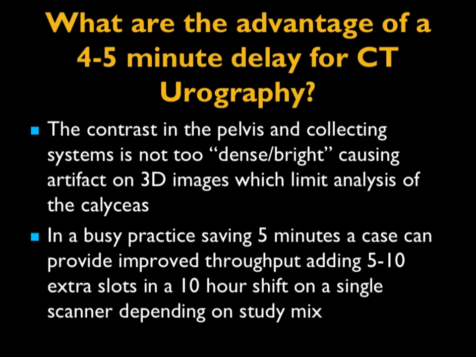Now, when you ask a question, and I mentioned this before, how long is your routine delay on CT urography? When you look at the literature, it's anywhere between 4 and 10 minutes. Our experience is to use 5 minutes because it really is ideal. With a 5-minute delay, we're able to look for UPJ obstruction. In most cases, it works well, but in those select cases, going at 8 minutes or even up to 10